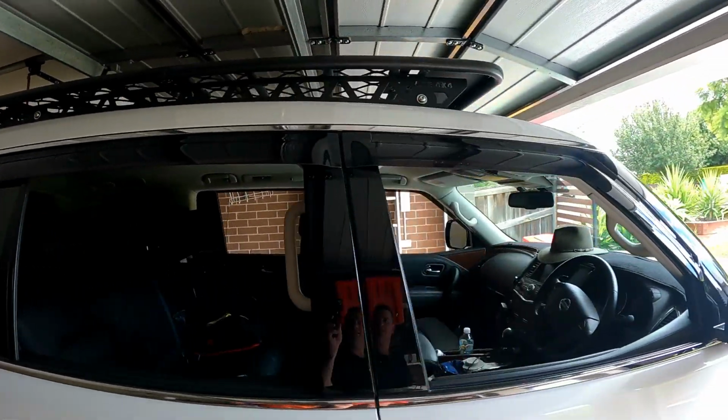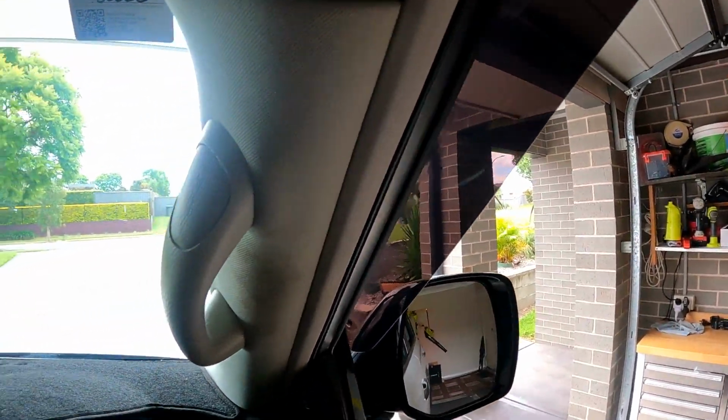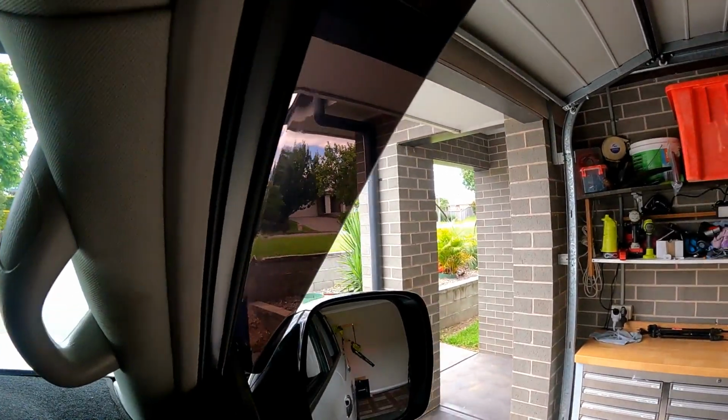If you don't know that trick, when your car's locked, push the lock button, push it again, and then hold the unlock button and all your windows come down. It's not bad. I've seen worse. I reckon we go and see if it fixed my issue. Don't know if I like that tinted bit as I look out the window, but